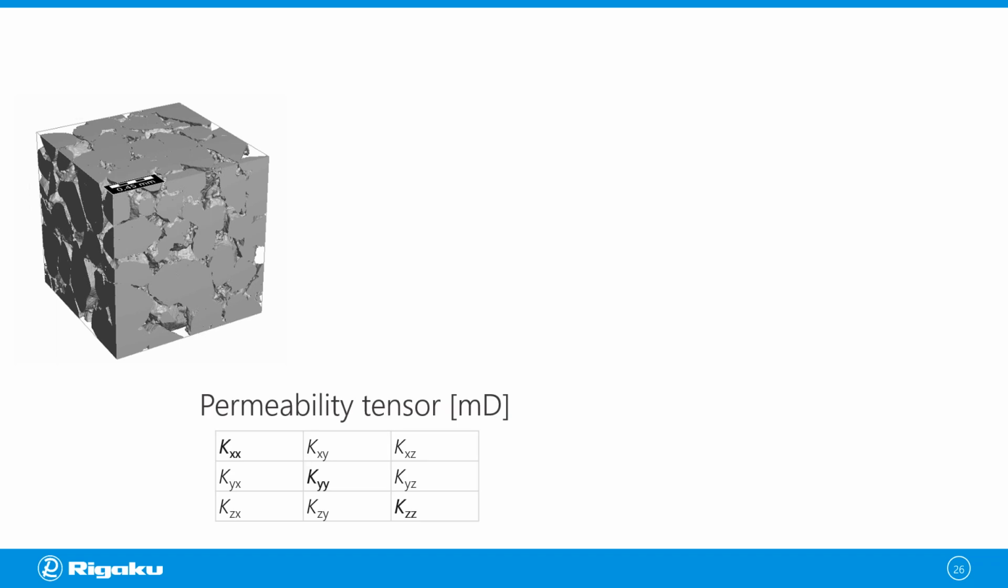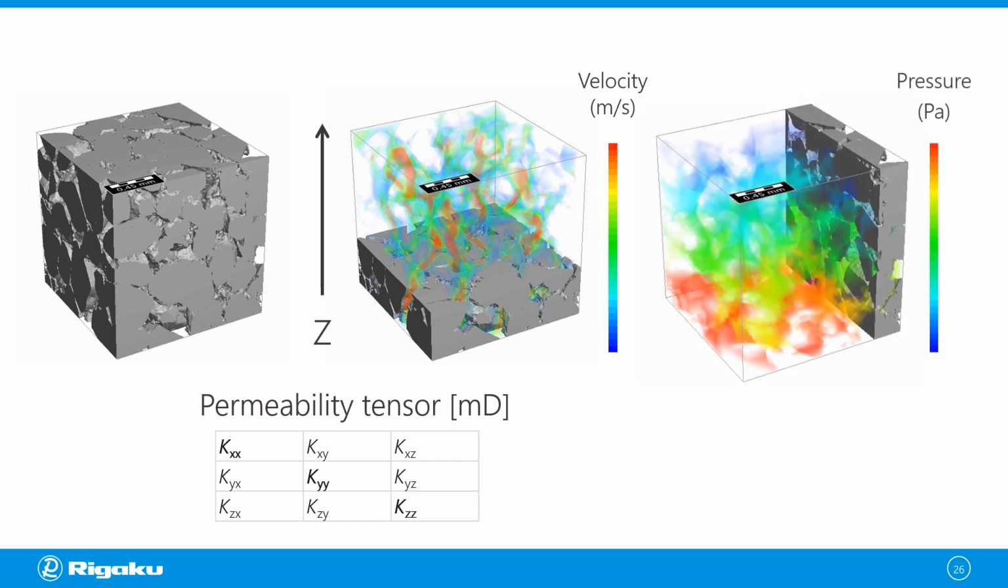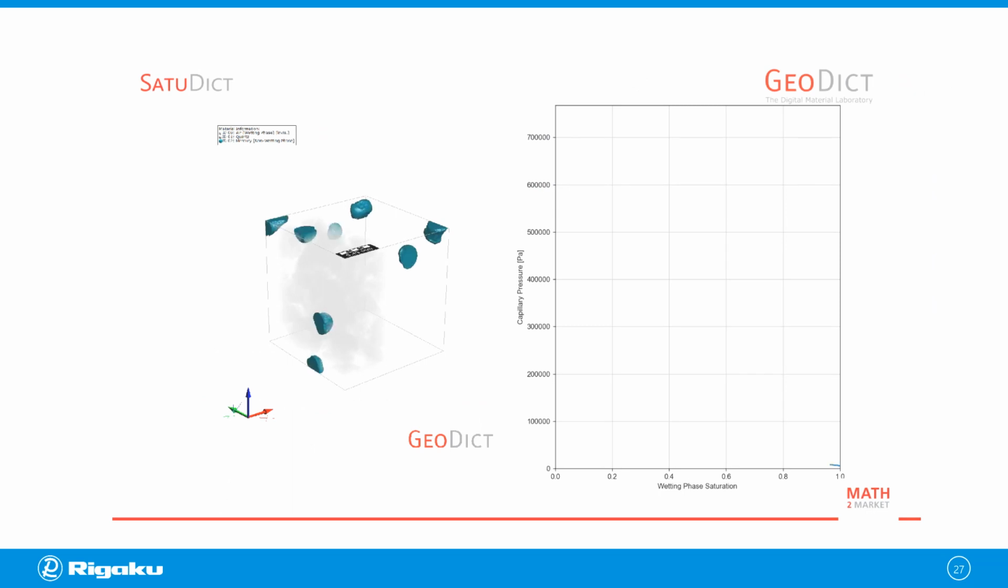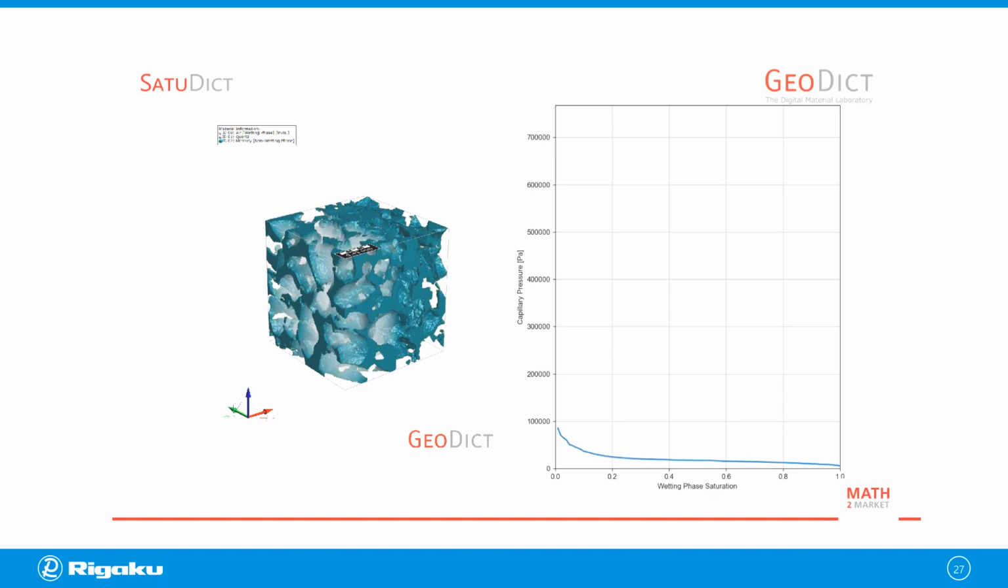You can also calculate the permeability tensor using this pore space. And once you do this calculation, you can visualize the velocity. I'm just showing an example in the Z direction. And you can also visualize the pressure mapping inside of the pore space. You can also simulate the mercury capillary pressure curve by virtually putting mercury into the pore space. So by doing this calculation, you can skip the experiment and get the mercury capillary pressure curve without running the